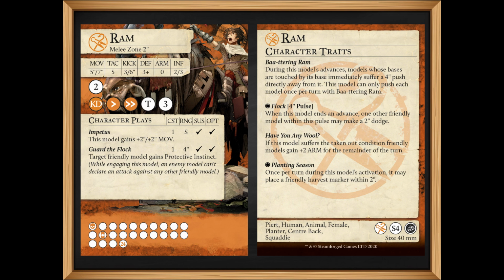That being said, the faction has a lot of out-of-activation pushing. So if you put Guard the Flock out, you can potentially push that model with Ram into somebody and try to control that with their out-of-activation movement by putting it back on models. So they have to keep attacking a thing they don't want to. Alright, it has